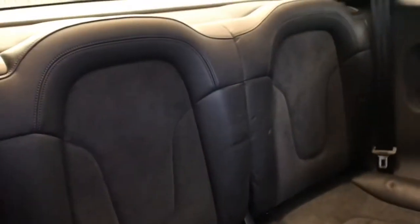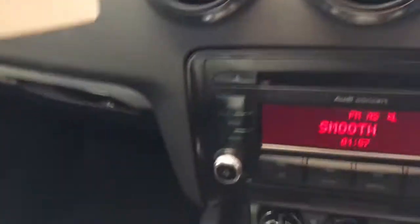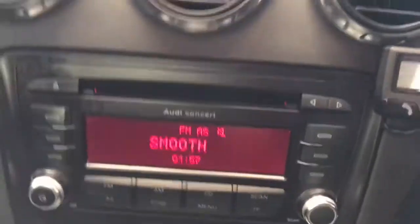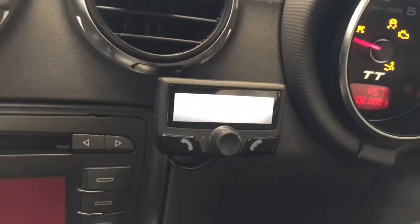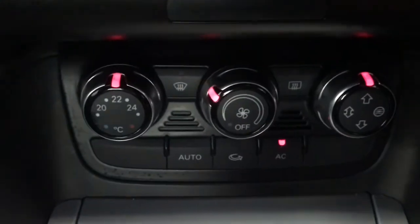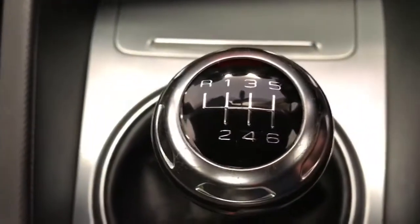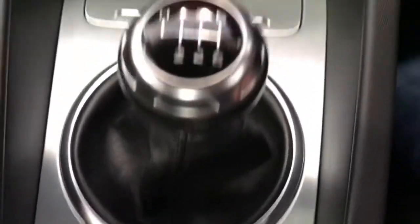Looks in good order in there. Again, the rear is in good order. Now, if I get in the car for you, it does have a Parrot Bluetooth hands-free kit fitted. Does have air conditioning, 6-speed gearbox, electric retractable spoiler,